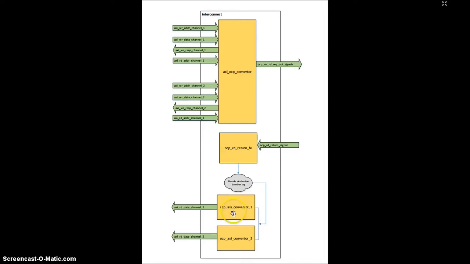The next module is the OCP to AXA converter. Here the functionality is to get a complete OCP read return packet and send it across the AXA read return channel. So this is how we implement the OCP to AXA converter. We will add a FIFO in each converter 1 and 2 to hold the input of the OCP read return packet,